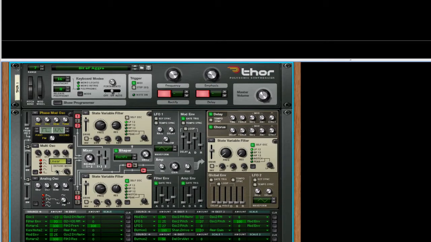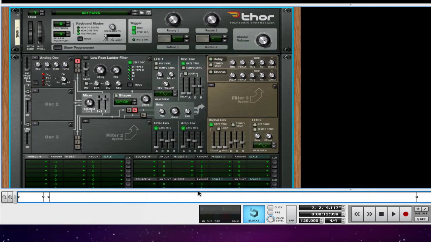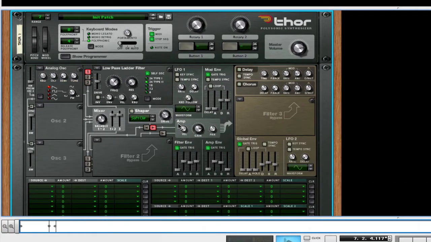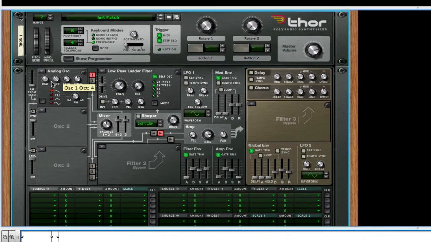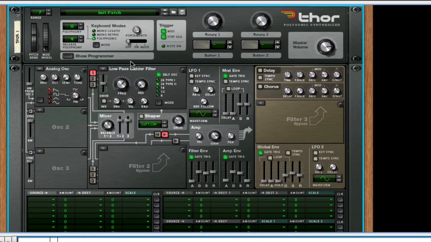Let's now go to Initialize Patch, which is in the Edit menu. It starts out with just one oscillator and one filter. So let's go over the oscillator section now. If I just click on the triangle, it'll show you that you have an analog oscillator here. You can select through several different wave shapes, and the octave is similar to what we went through on